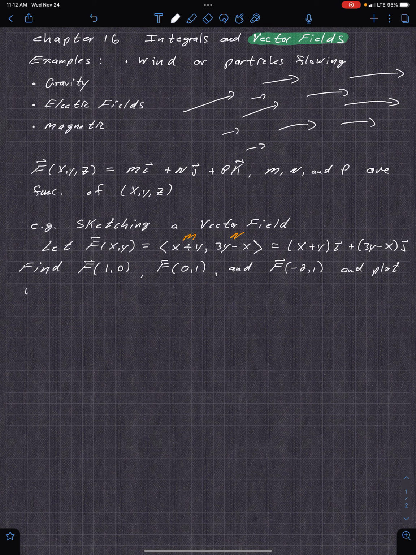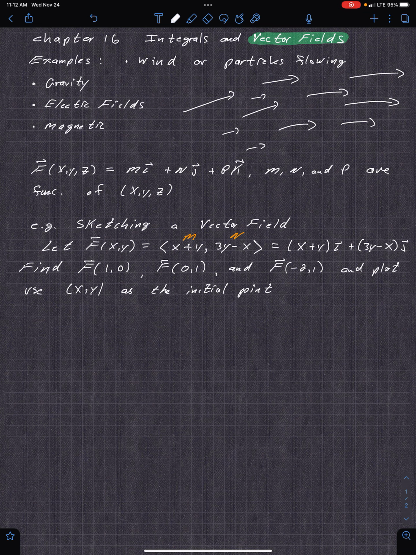Use x, y as the initial point. So for the vector field, instead of just putting the vector at the origin, we're going to say, no, let's put it where the point starts,